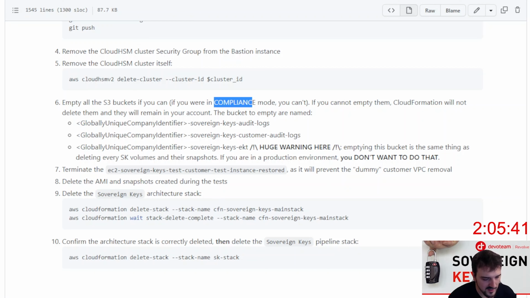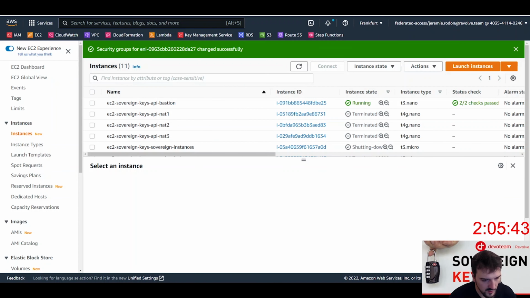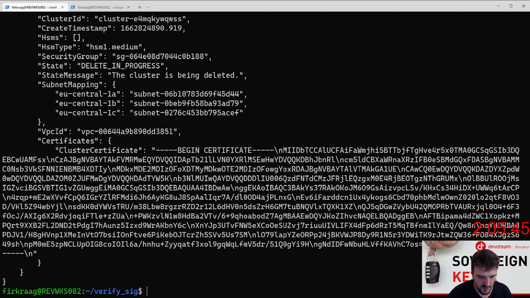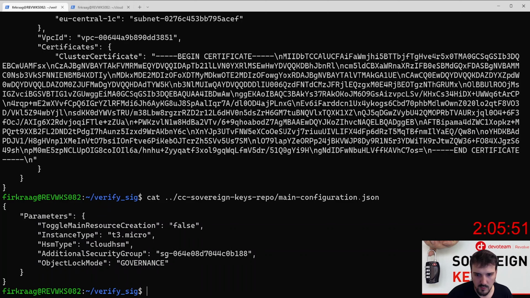You may have noticed that in the main configuration file, there is an object lock mode, and by default it's governance. So in governance mode, you can still delete things. So for a test, it's probably what you want. But in production, you probably want to put it in compliance mode so that nobody can delete the files in